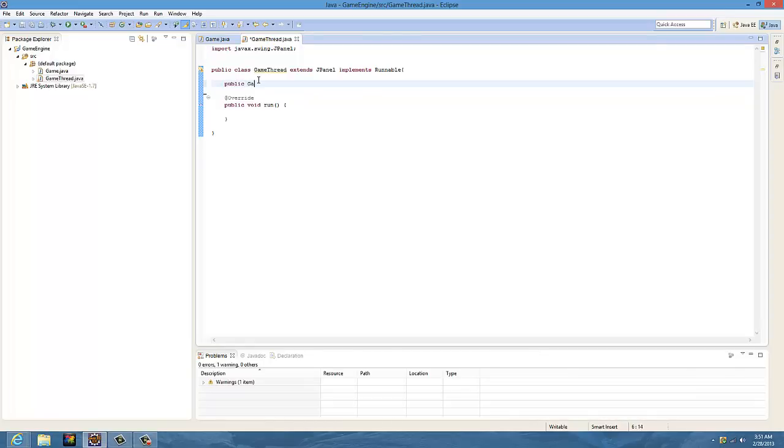But type in public GameThread. This is just going to be the constructor, and inside of that, we're going to take the parameter of the game. So Game game, and we're going to make a new object. So private final Game game. This is so that this class can use an instance of the game itself. Then we're going to do this.game